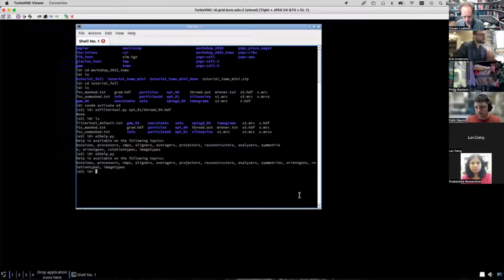There are a bunch of these modular classes available in EMAN2 for doing different specific types of operations. I call them modular classes. If you were used to doing object-oriented programming, you might hear this referred to as a factory paradigm. There are different ways of talking about it, but the idea is, let's say you were using